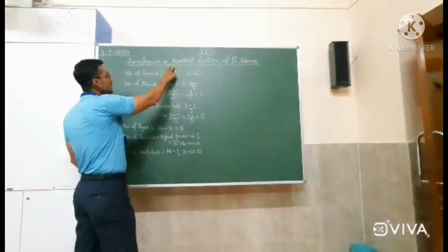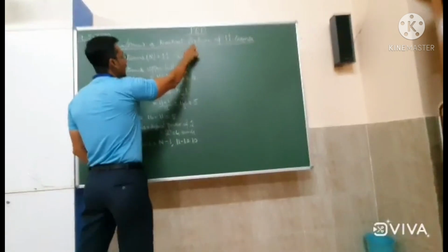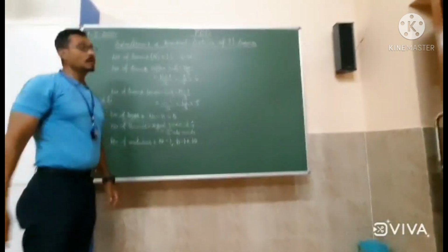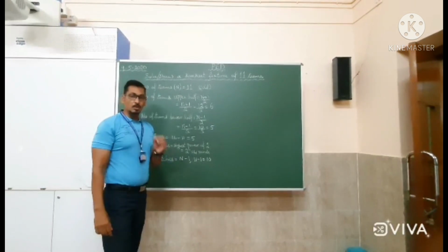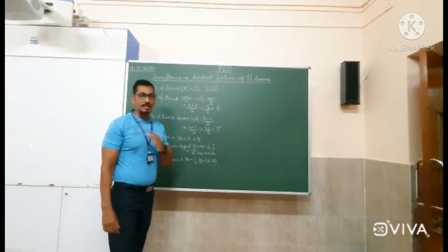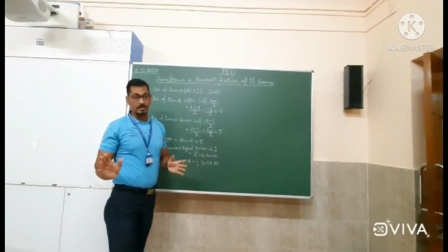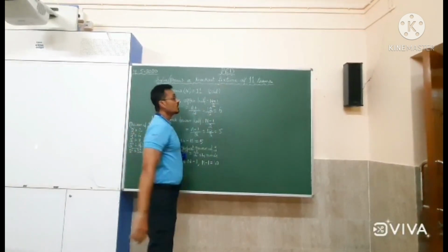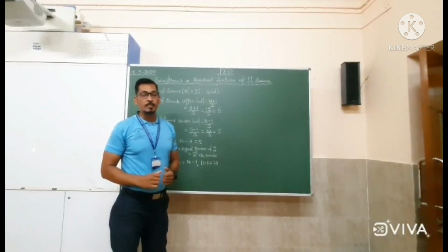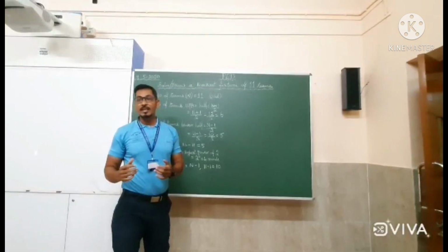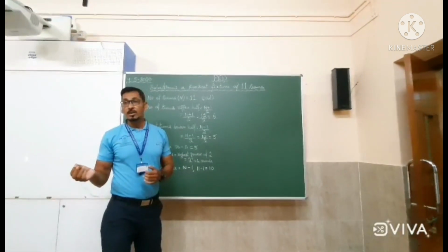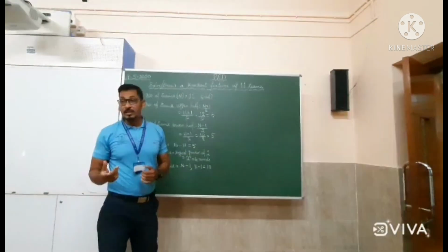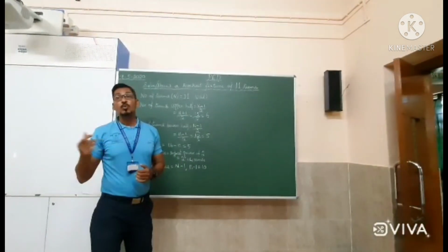Now in this question, two things are very important: knockout and fixture. What is knockout? Knockout is a tournament or a match played where when a team loses, it gets eliminated and doesn't get another chance. That's called knockout, out of the tournament. And what is fixture? Fixture is a document or a flow chart where a team or a player gets, before the match, to know which match is going to be played with whom, what time the match is, how many rounds are there, and how many matches he has to play to win the tournament.